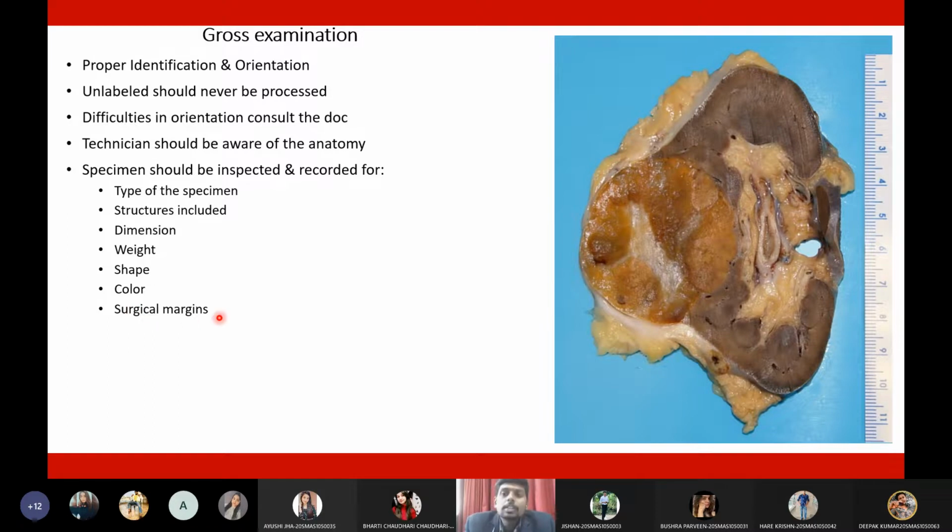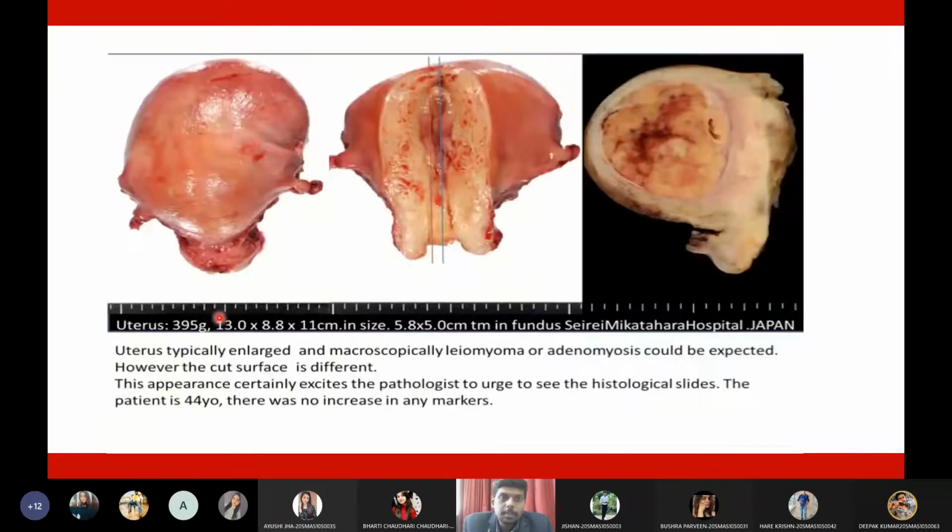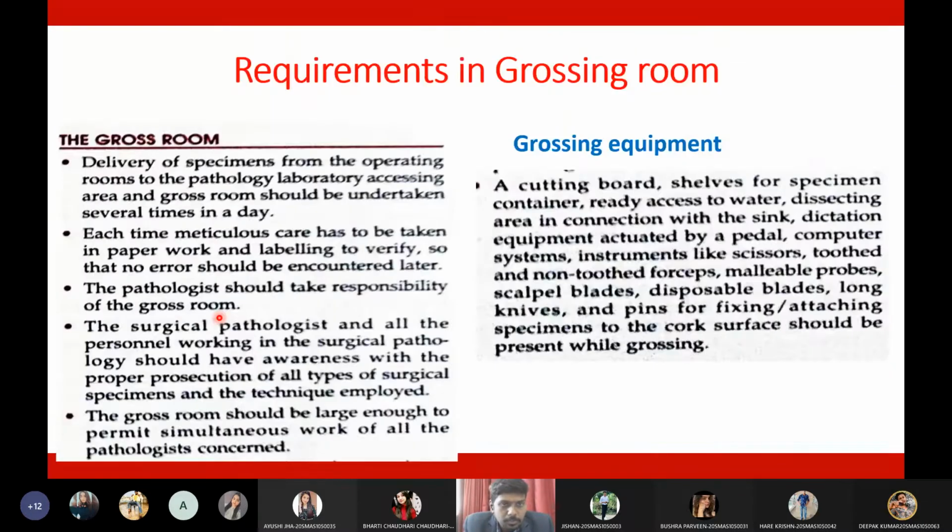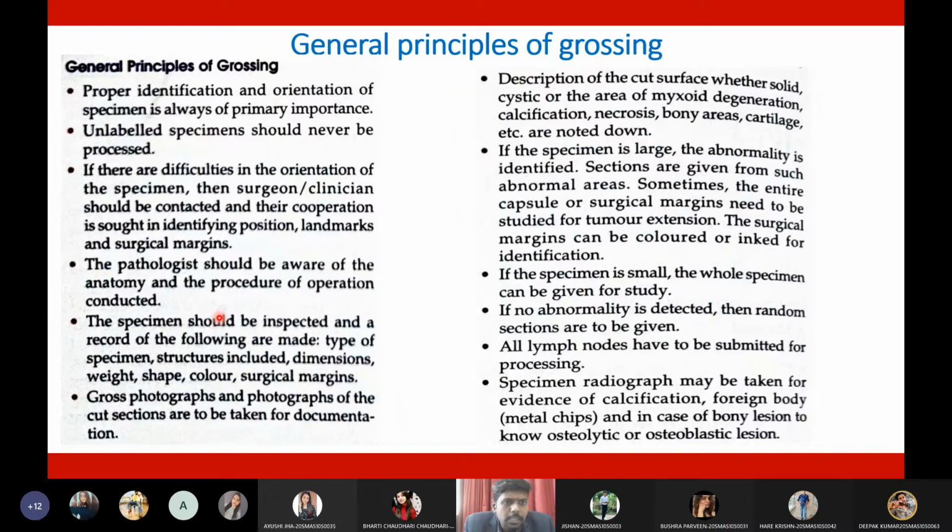surgical markings of the specimen. Surgical marking means the surgeon will already have made a cut in one area of the specimen before sending it to us. That means he is telling us that in that area we need to do the section cutting. So we need to identify the surgical markings in the specimen. Okay, surgical markings should be identified. And what else do we need to do? Then we need to take gross photographs of the specimen. We must take a photograph of the specimen.